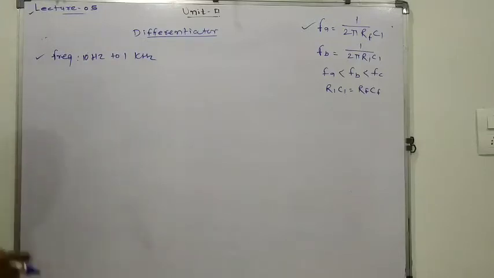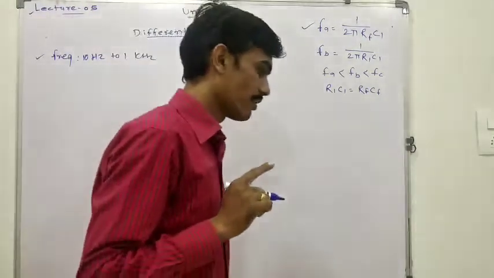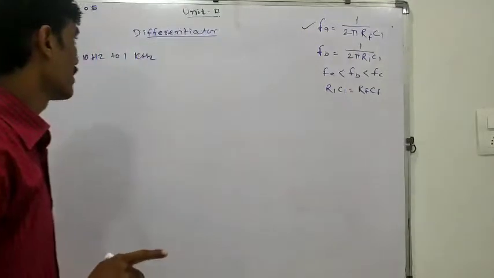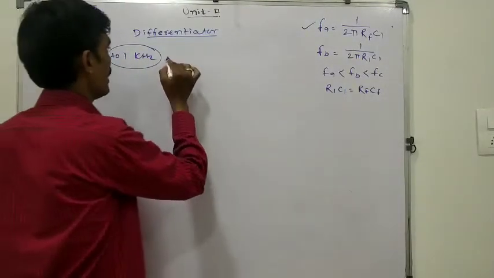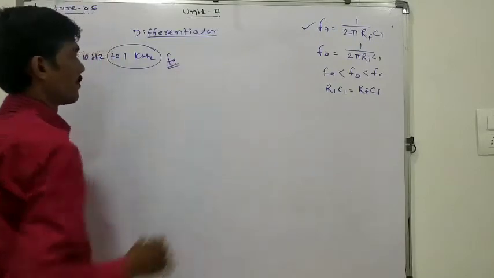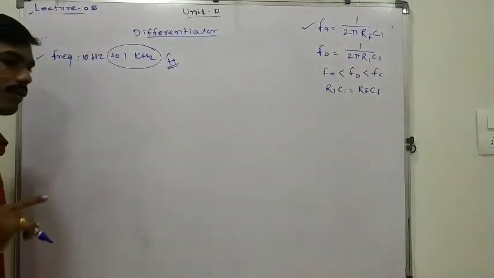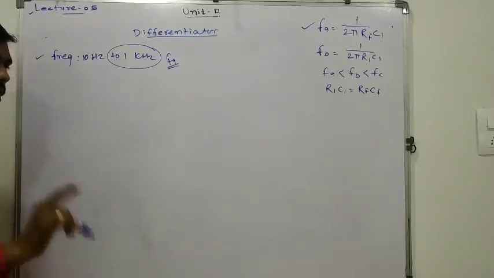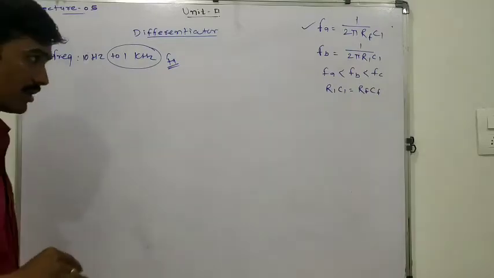Now, when we discussed the differentiator, we mentioned one point: whatever is the highest frequency given, we have to assume it as FA. We already discussed that in the previous lecture. Whatever highest frequency is available in the problem, assume that frequency is nothing but FA. Now we know that